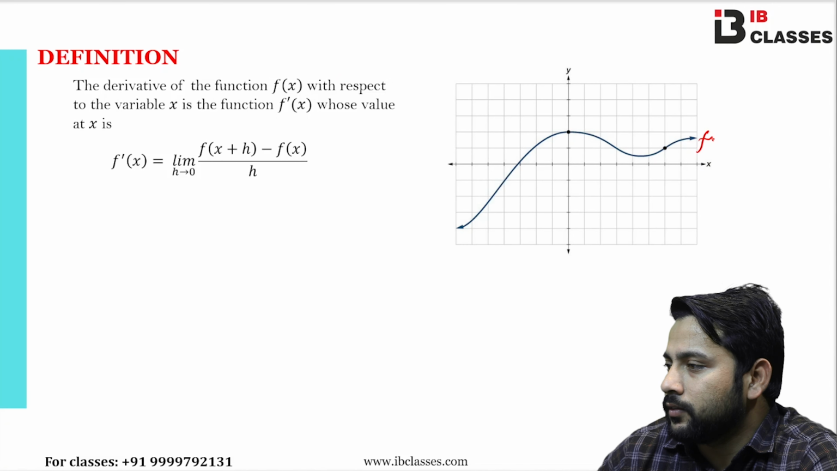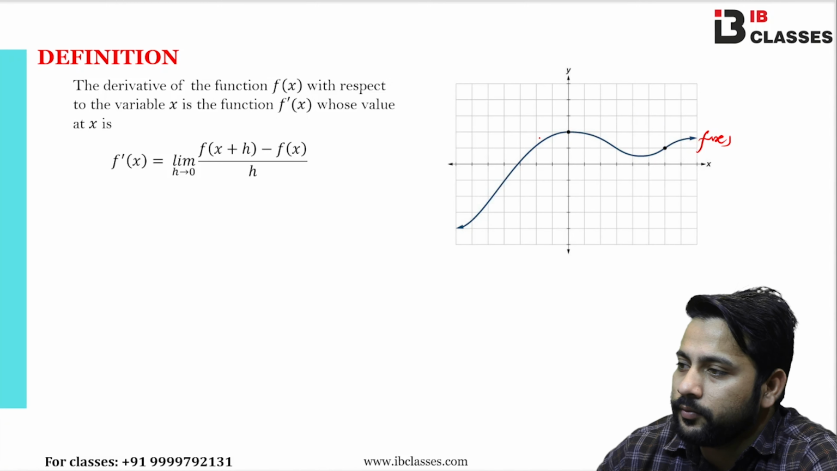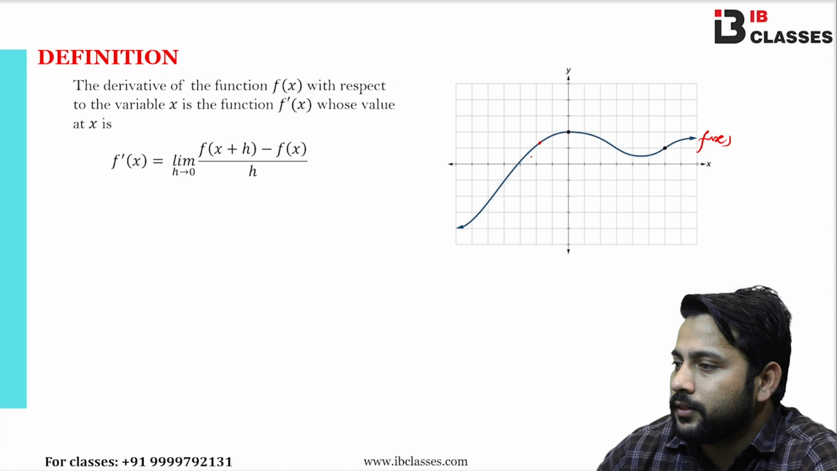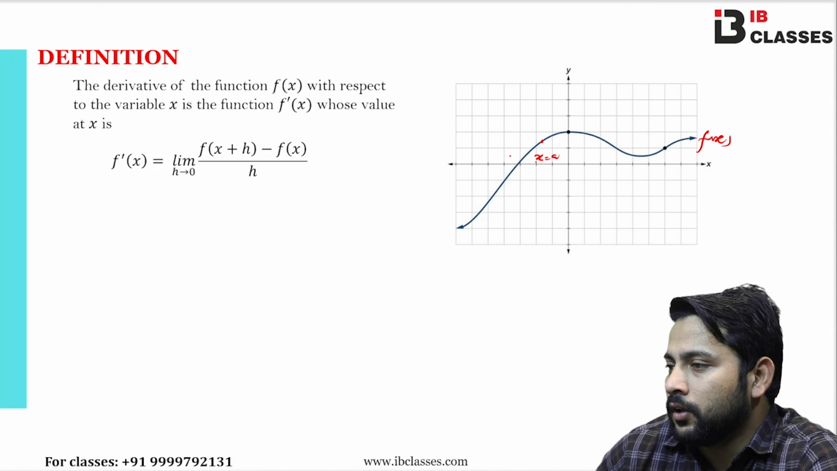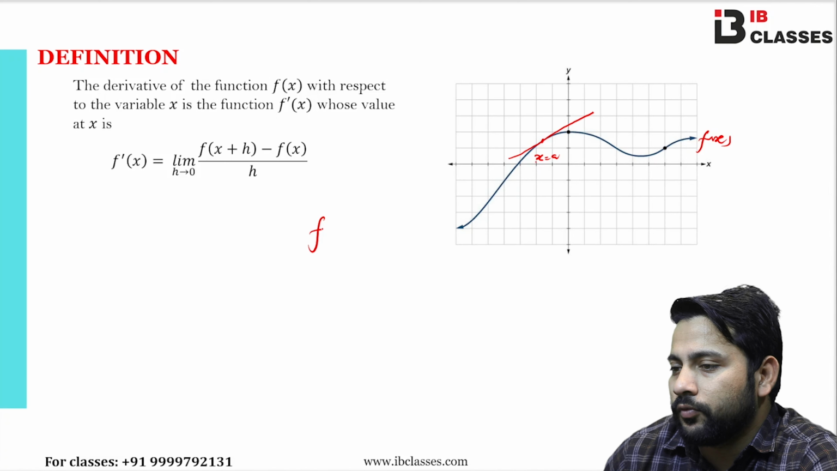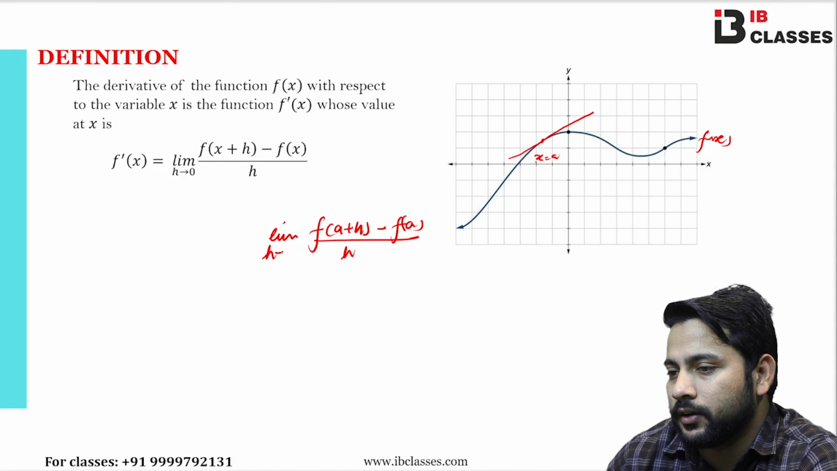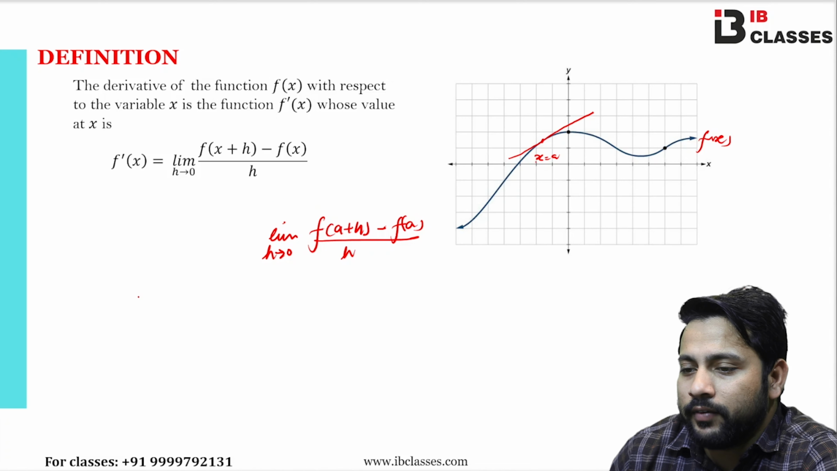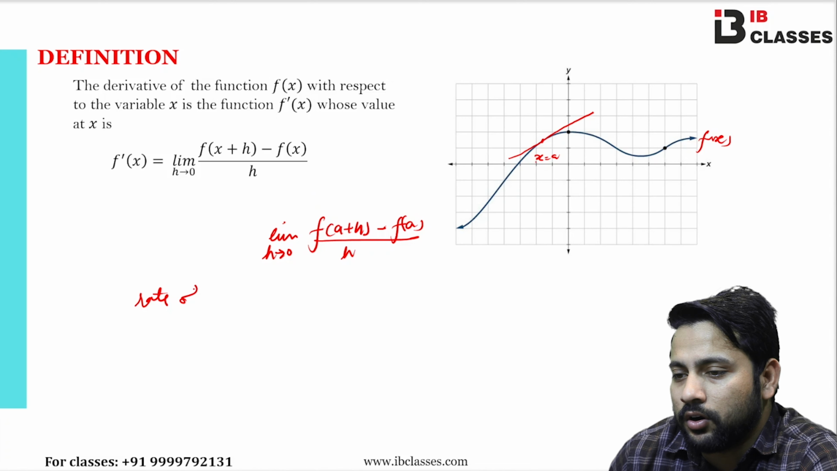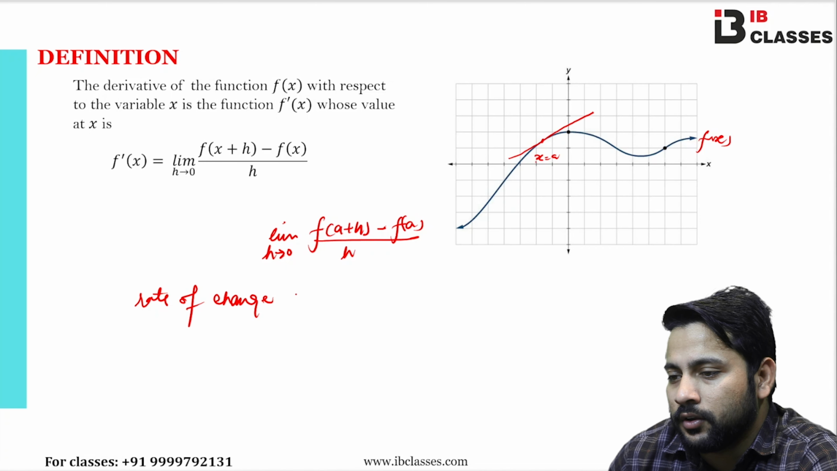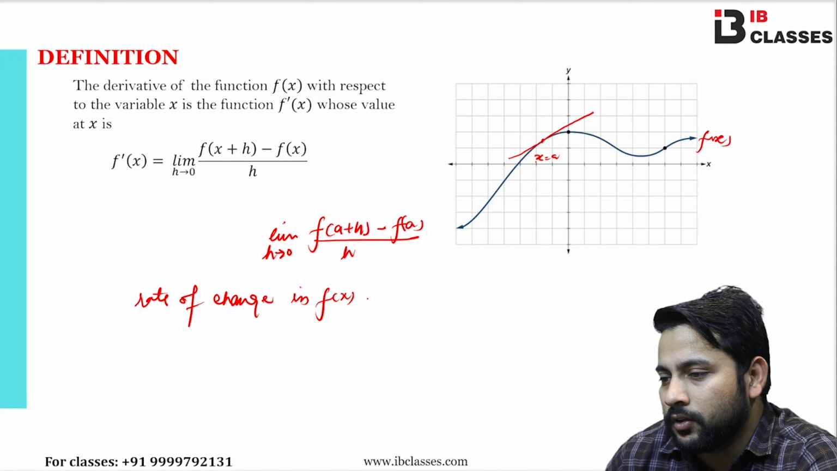Here we have a function f(x) whose graph is plotted here. At any point x equals a, the slope of the tangent can be f(a + h) minus f(a) over h, where we take the limit as h tends to 0. So in simple terms we can say that the derivative is the rate of change in f(x) with respect to the